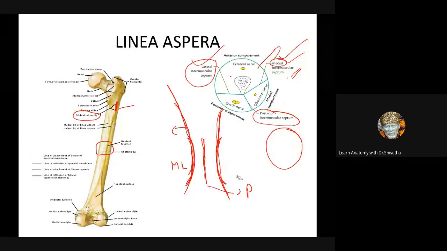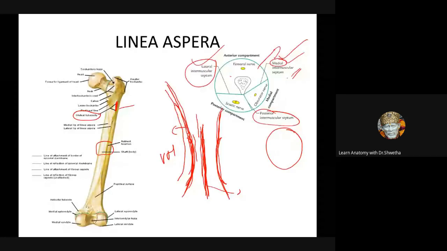You remember we studied about vastus medialis muscle just now, students? Vastus medialis is attached medial to the medial lip of the linea aspera. Then you have the medial intermuscular septa. What intermuscular septa is attached here? Posterior intermuscular septum. Very good. In between the medial intermuscular septum and the posterior intermuscular septum, your adductor muscles are attached, namely adductor brevis, adductor longus, and adductor magnus.